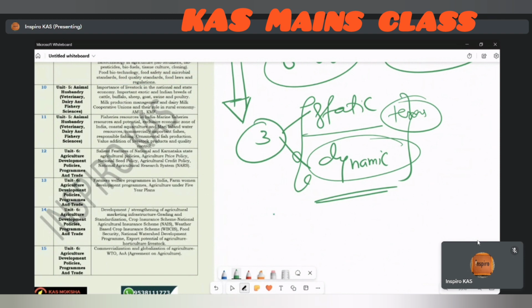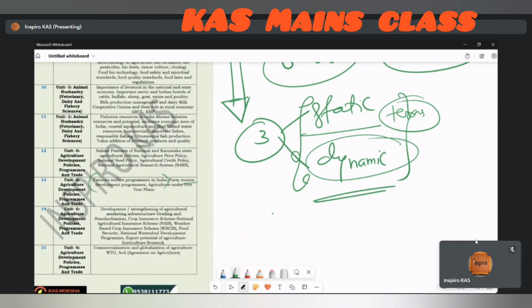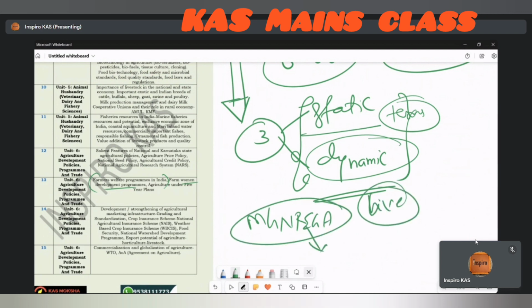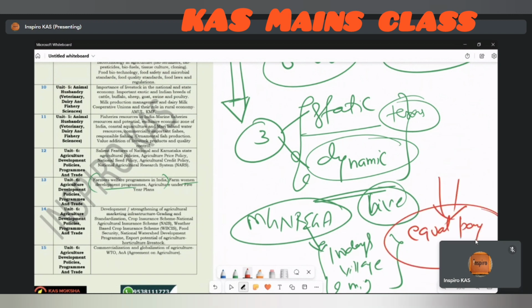So to give you another example, say for example, welfare programs in India or women development programs in India. So instead of women programs, let me take MGNREGA only. As I said already, to think out of the box with respect to livestock, the same thing can be added to MGNREGA also. If any question on MGNREGA comes, students usually write 100 days of work at the village level or the migration, etc. But the most important thing that students usually forget is that MGNREGA has equal pay for equal work. Meaning to say, whatever discrimination the women workforce used to face, especially in village areas and in the unorganized sector, which was totally rampant, equal pay for equal work was not there, or it is not there even today.